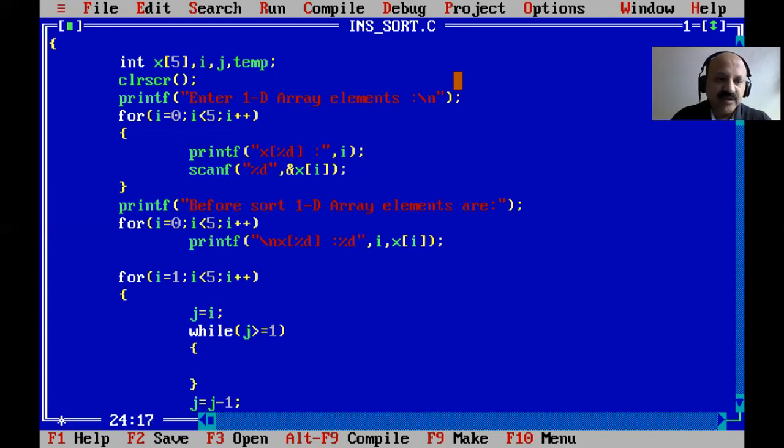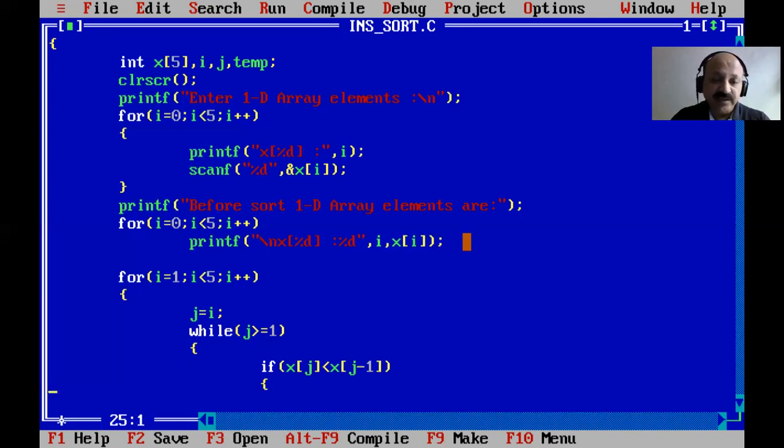Now yes, in that while loop we provide one if condition. So that is x of j less than x of j minus 1. So if that condition is true, we compare. Yes, if our zero element is less than the next element, so that is a swap.